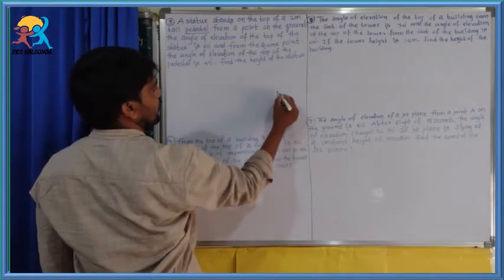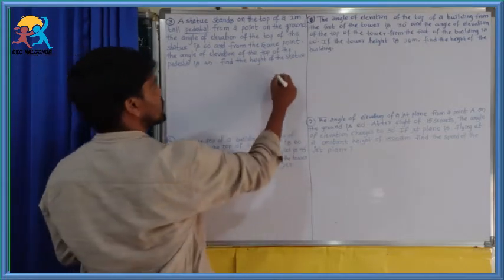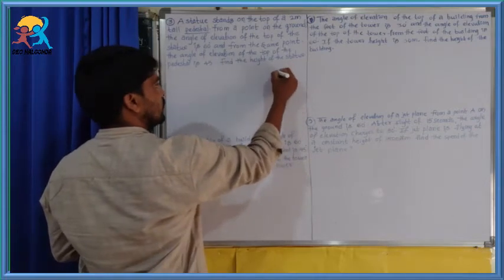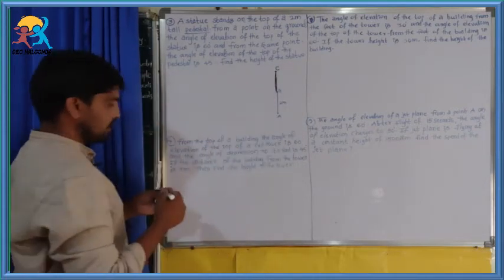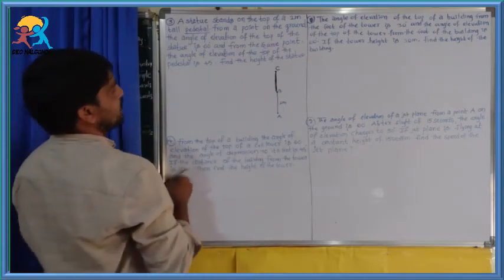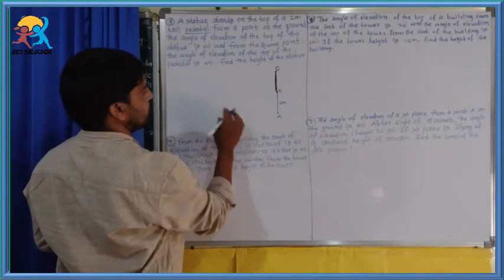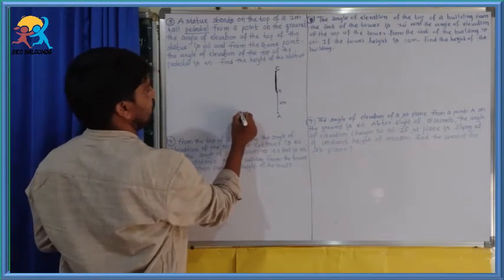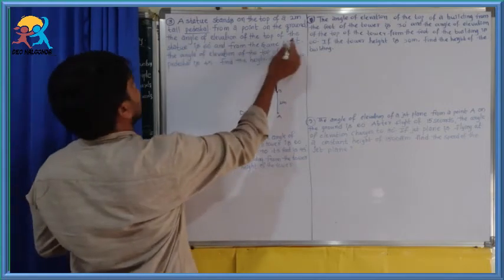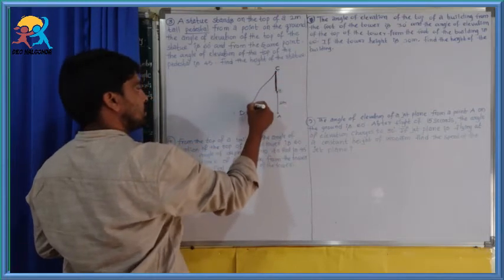AB is the pedestal. On the pedestal, a statue is standing. This is C. BC is the statue, AB is the pedestal. From a point D on the ground, the angle of elevation of the top of the statue, point C, is